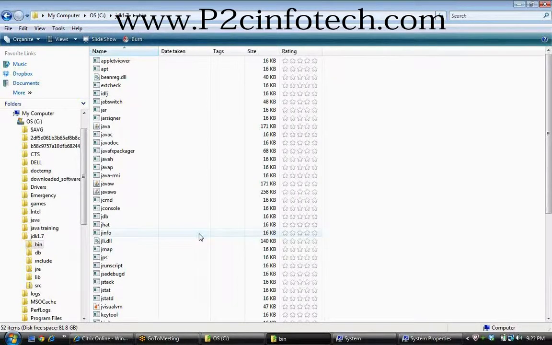Click on the address bar at the top, My Computer, C, JDK, bin, you are seeing now.